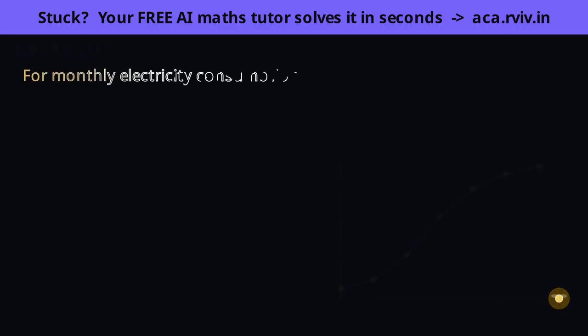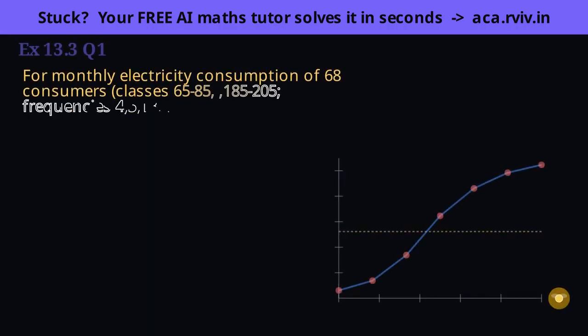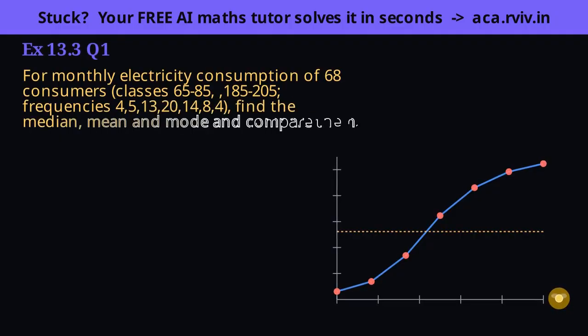All three central measures on one dataset, and they turn out remarkably close. This one asks for all three measures, so we get the full comparison. Median first. Unlike the mean, the median cares about position, not weight, the value with half the readings below it. So build the cumulative frequencies and find n over 2, 68 consumers, half is 34.